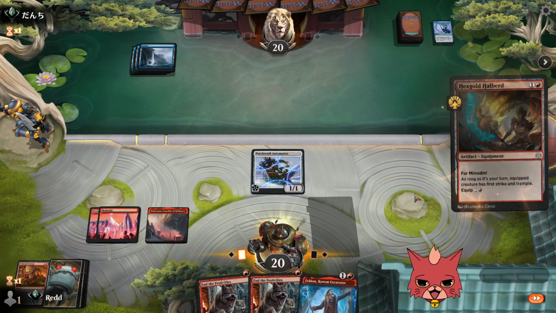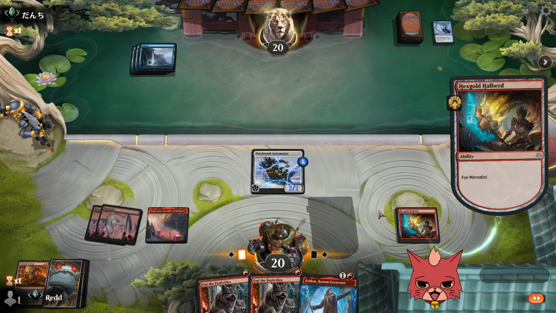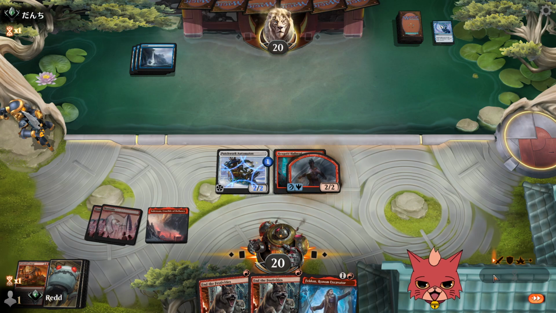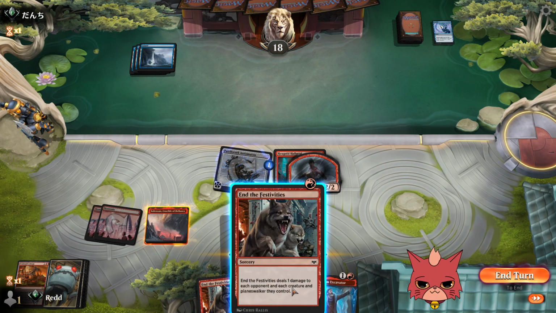Alright, attempt the Halberd this time over the Feldon to buff the Automaton. Patchwork's just great, man. Patchwork works on so many levels, because if they want to drop the Fading Hope at some point, they have to pay that ward cost. And the more mono blue taps... I wonder if we